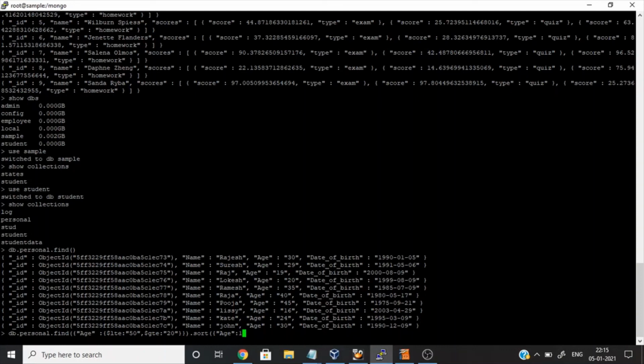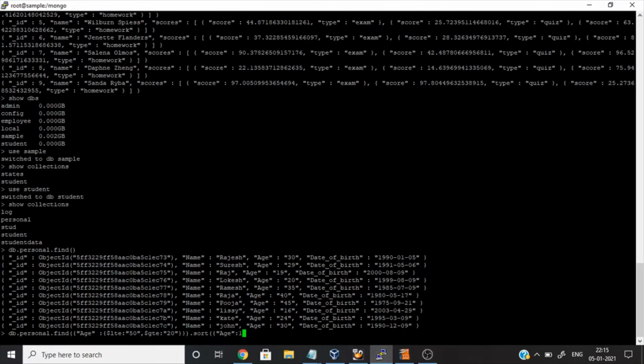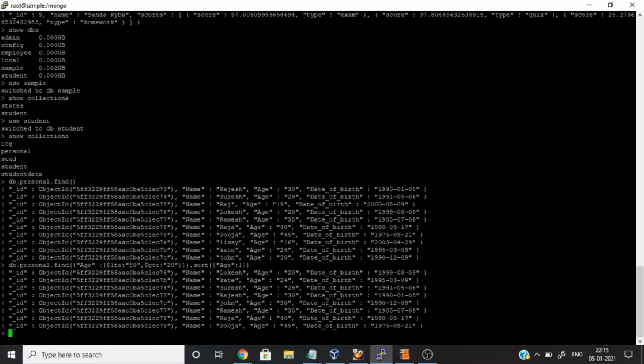If you give the value 1, it means ascending order. -1 means descending order. So I'm going to give ascending order. We can see that the documents are sorted.